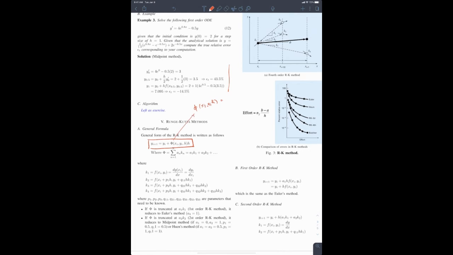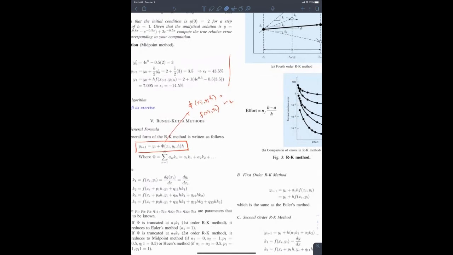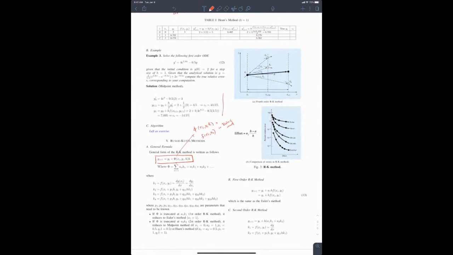This phi in Euler's method was f(xi, yi). Now, this is a formula. We are not going to look at how to prove it or anything like this. The formula was developed by Runge-Kutta, and we are just going to trust it. But at least we are going to see how this reduces to all these different approaches: Euler's method, the midpoint method, and Heun's method, for different values